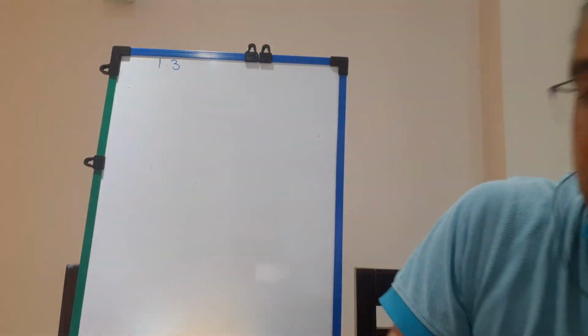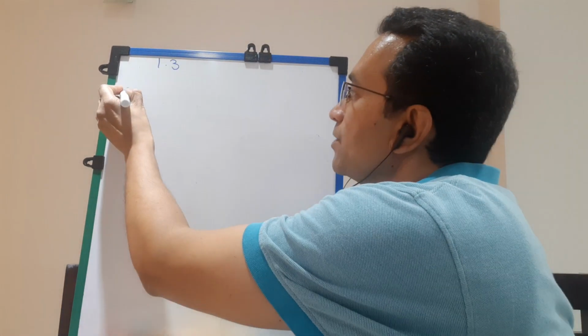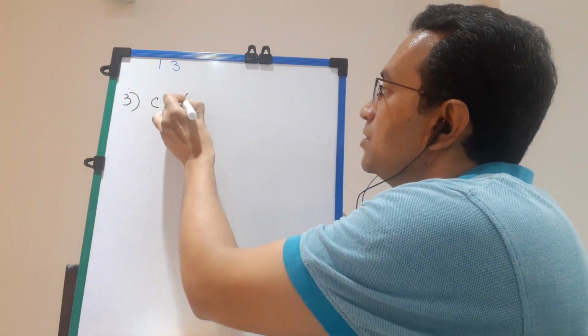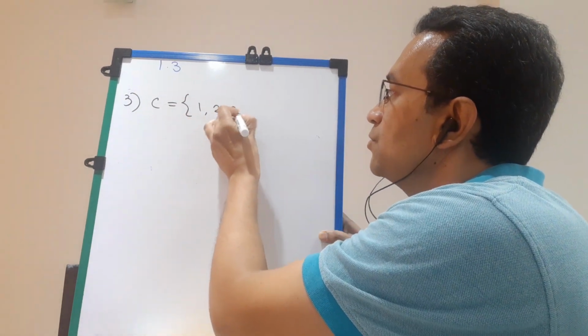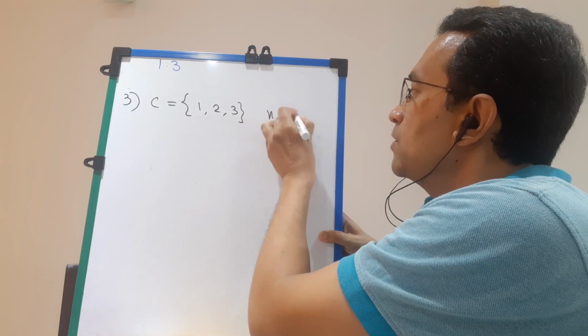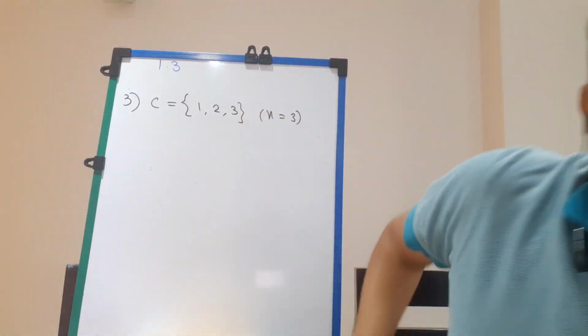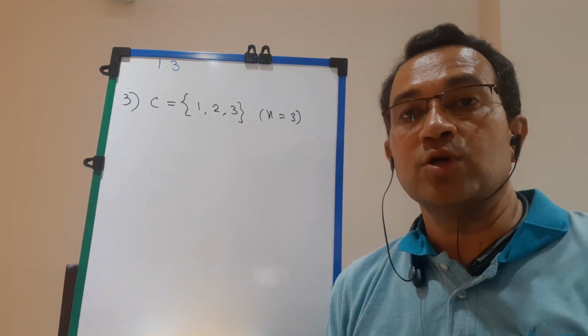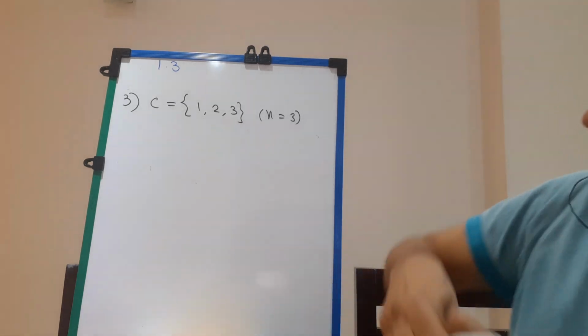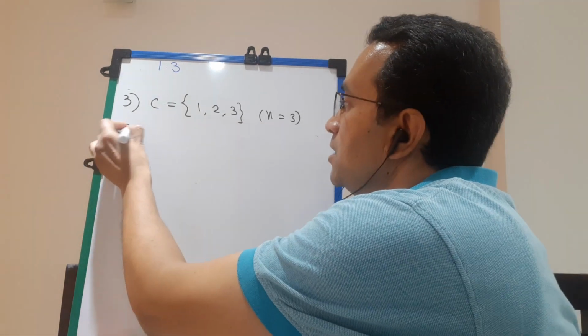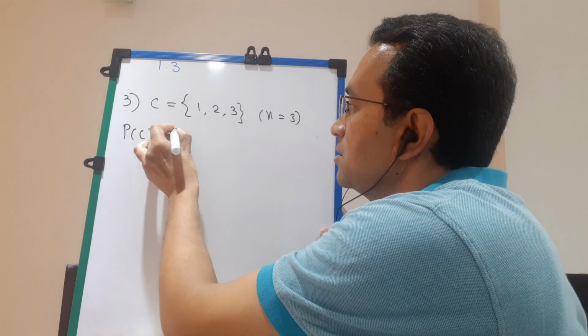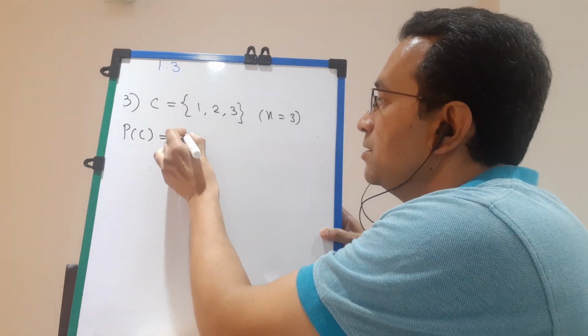So let us call the set C, and C is equal to the set of elements 1, 2 and 3. The number of elements is 3, so the number of subsets will be 2 cube, and 2 cube is nothing but 8. So if I write the power set of C, then P of C will be